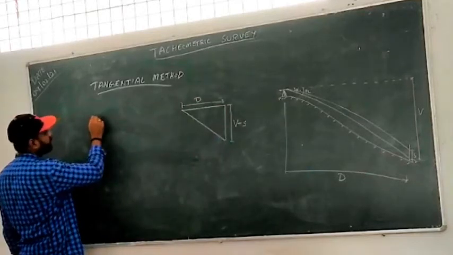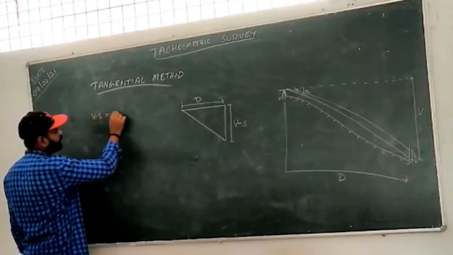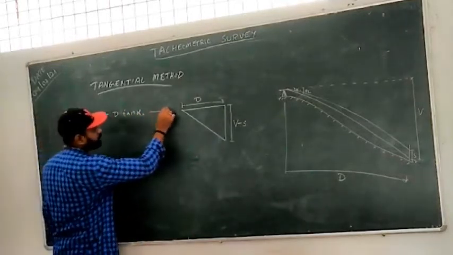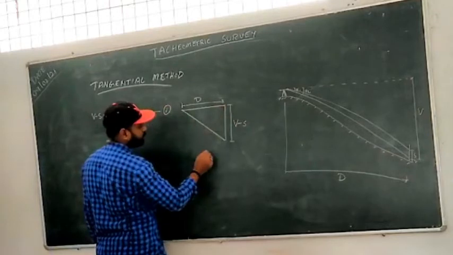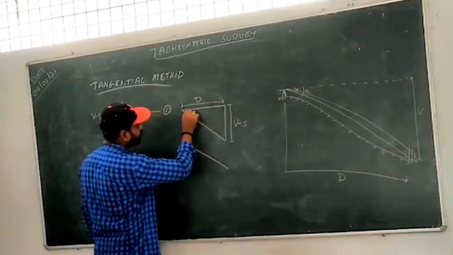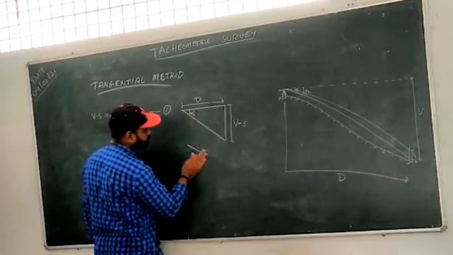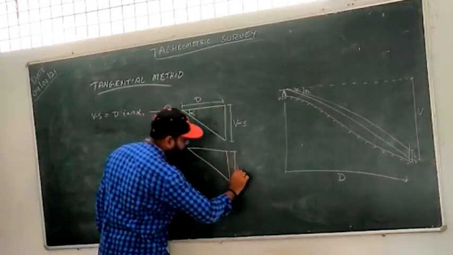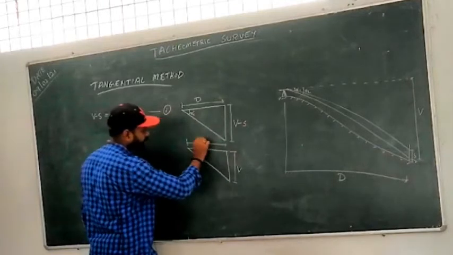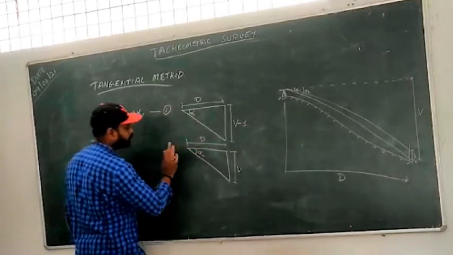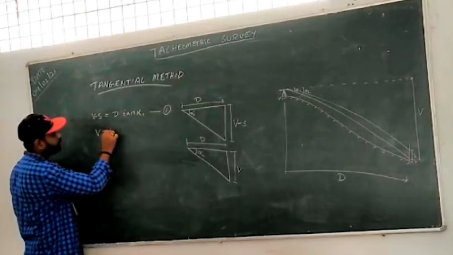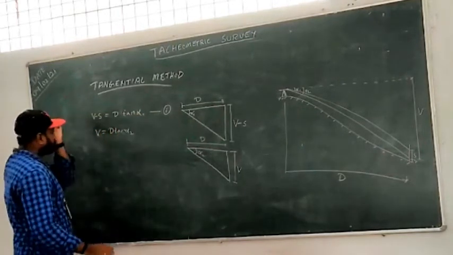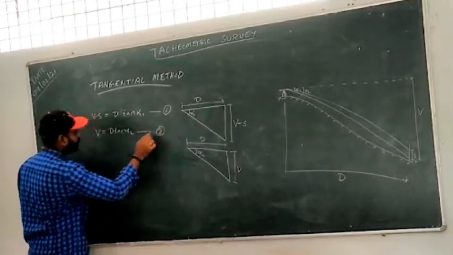Okay. Now what is the equation? V minus S is equal to D tan alpha 1. Say this is equation number 1, and another for the second equation for alpha 2. So for alpha 2, what will be this height? V. Say this is D. This is alpha 2. So tell me, V is equal to D tan alpha 2. Okay. Now say this is equation number 2.